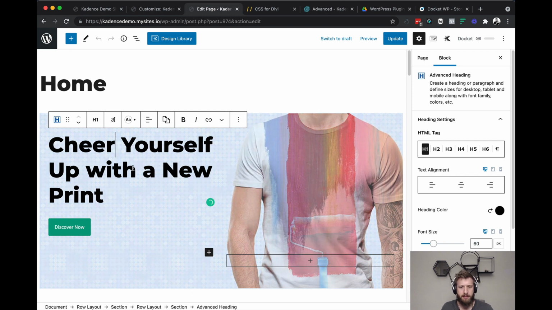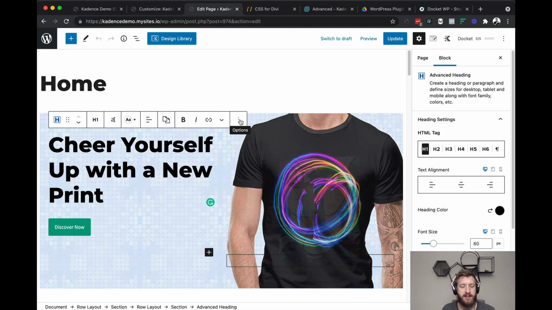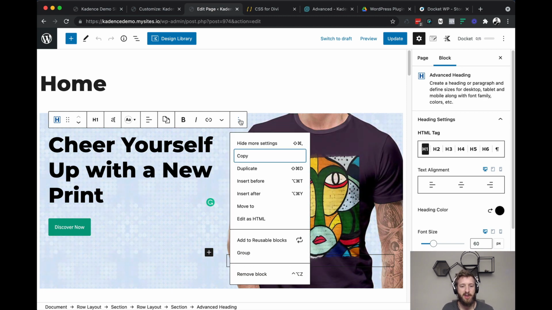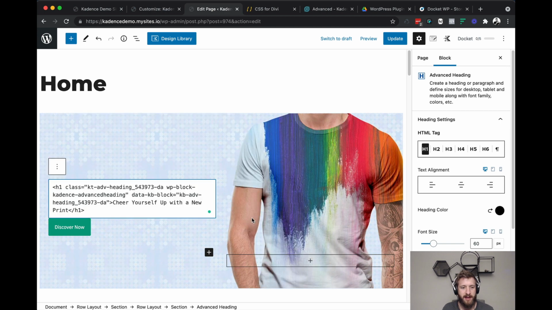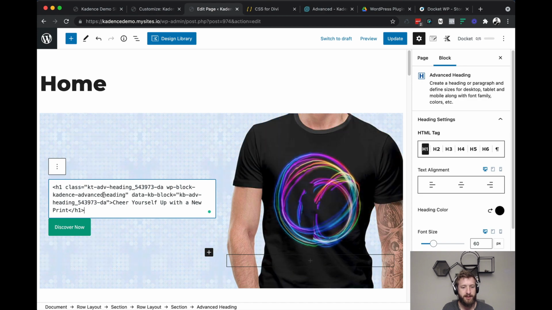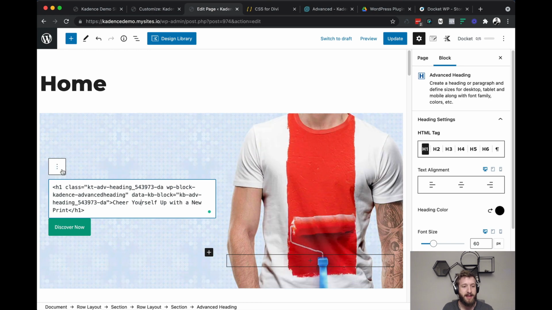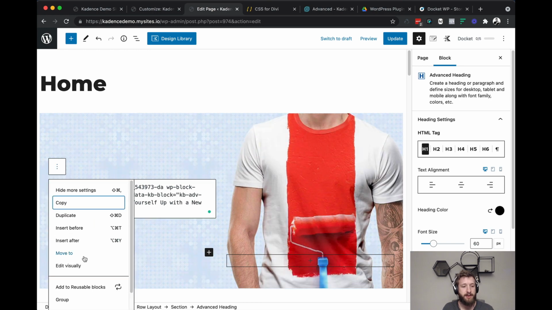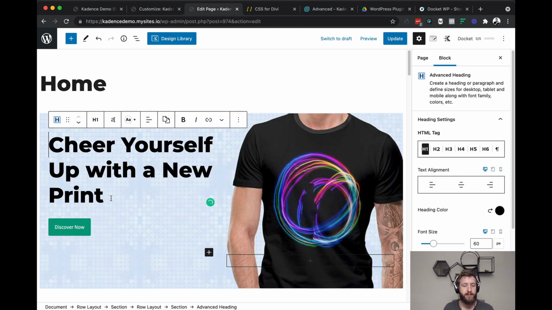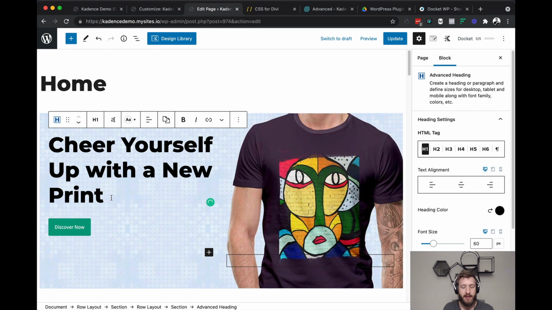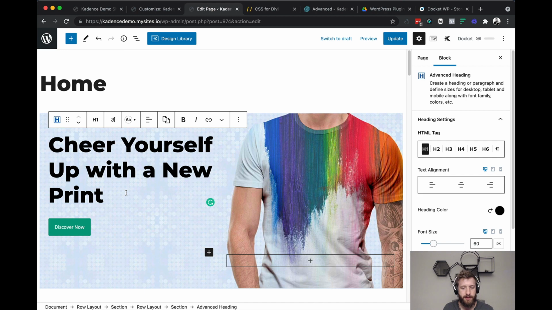If you've never used this before, if you click the three little dots out to the side of most blocks, you have an option to edit as HTML. If you click that, it converts the block into HTML, and you can click in and make some edits. When you're finished making your changes, you just click back to edit visually, and the block is restored to the more visually friendly mode. But I'm going to show you how to use some little HTML elements to tweak this.